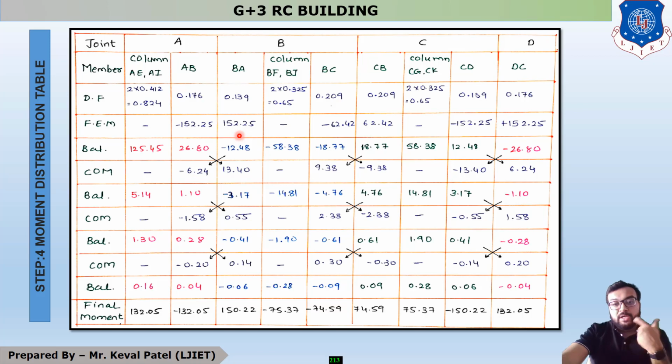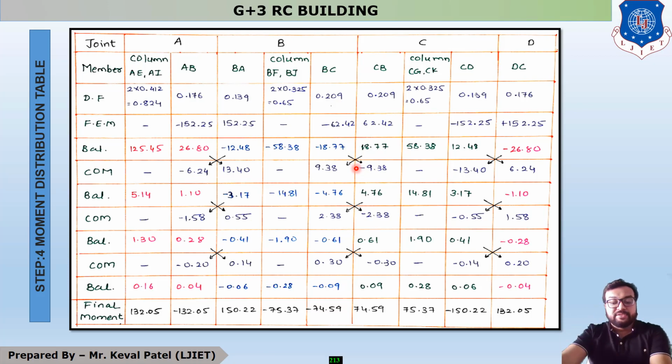Okay, so you have to balance that for negative moment. So your negative moment is minus 89.83. So your answer is minus 89.83 into 0.139. So you will get your answer, this minus 89.83 into this distribution factor. So you will get your answer minus 58.38, and last minus 89.83 into 0.29209. So you will get your answer minus 18.77, and after this calculation